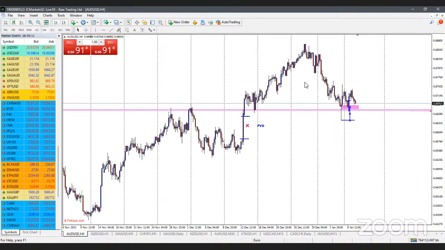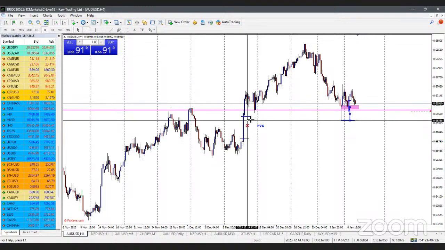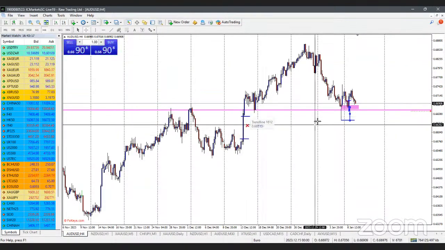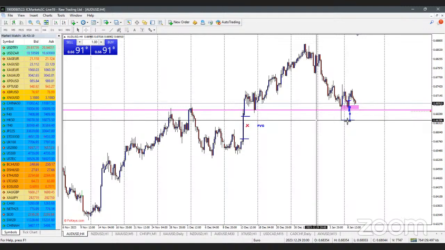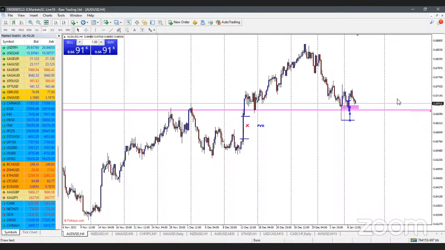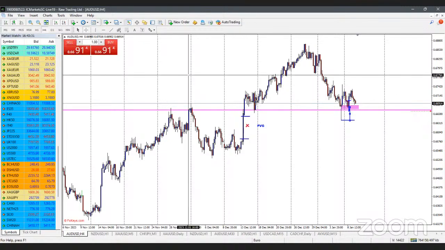Again, on the H4, to recap on what I'm looking at here, we have a fair value gap between this price delivery point and here. Now, if you want to be more specific, the wick of the candle did fill some of this fair value gap price delivery out, but from here to here, we still have 55 pips of nothing. So that gives room for the price to go for a nice short. On top of that,